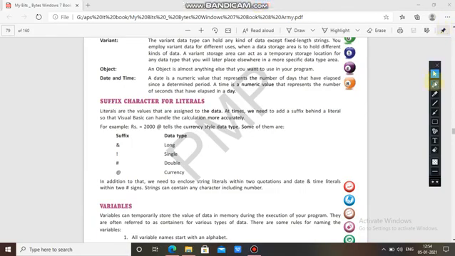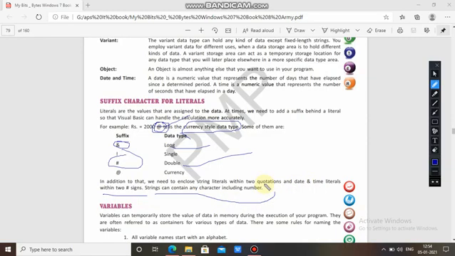So if in place of at the rate you use ampersand, it will show a Long data type. If we use a hash, it will show Double. In addition, we need to enclose string literals within two quotation marks, and date and time literals within two hash signs. A string can also contain any character including numbers.